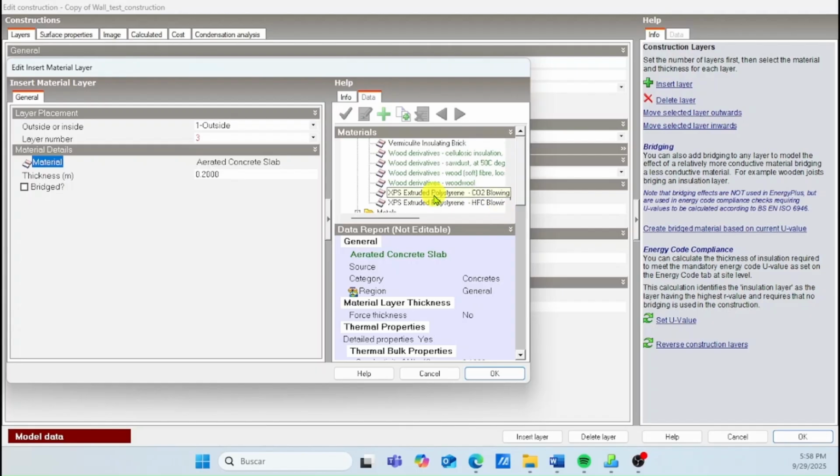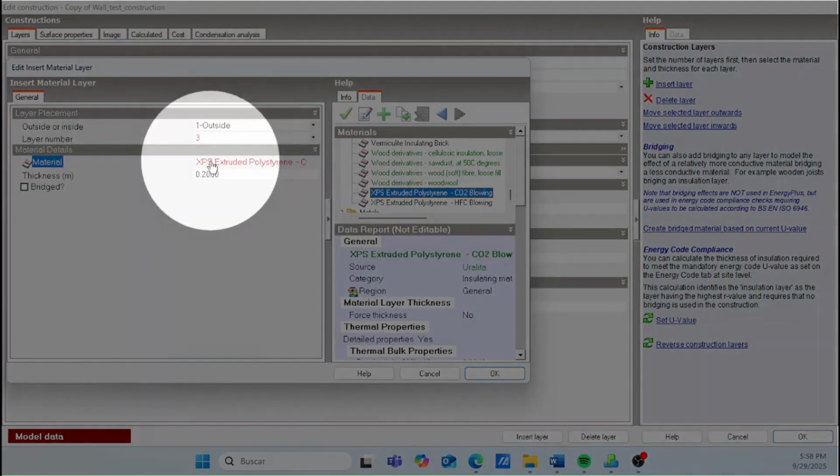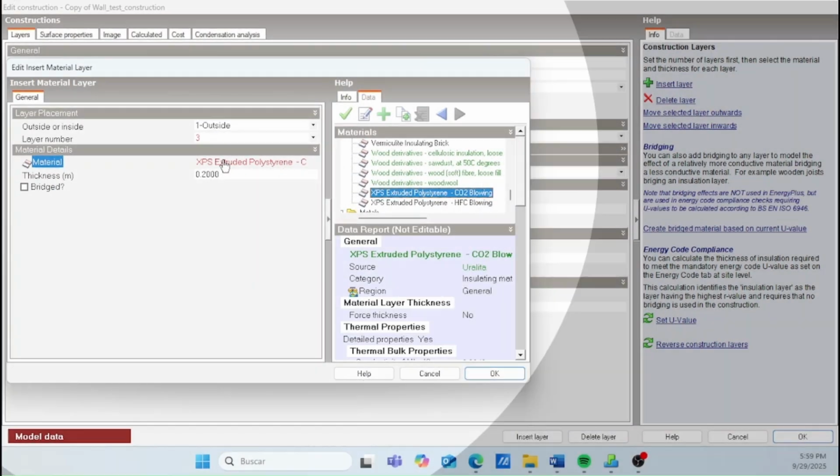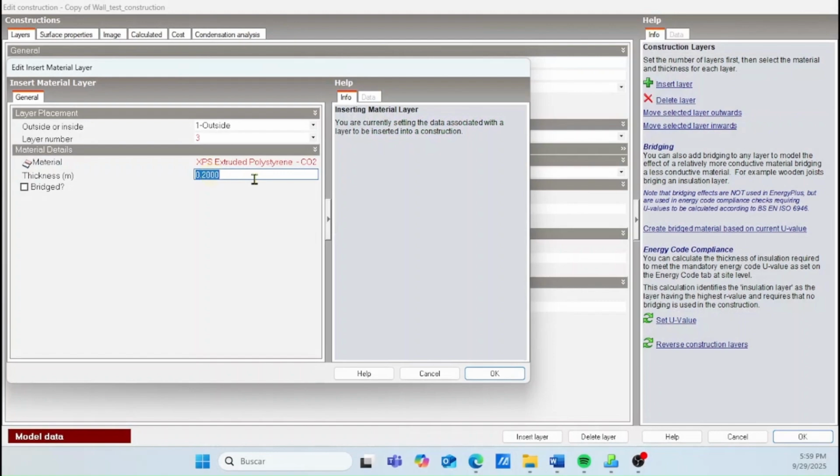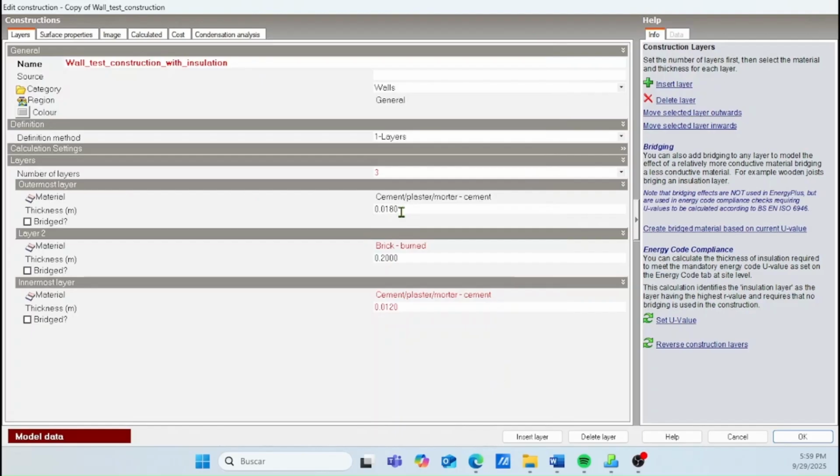We select this extruded polystyrene, and the material has changed, and now we can add a thickness. So let's say we put 0.5 meters thickness of insulating material,